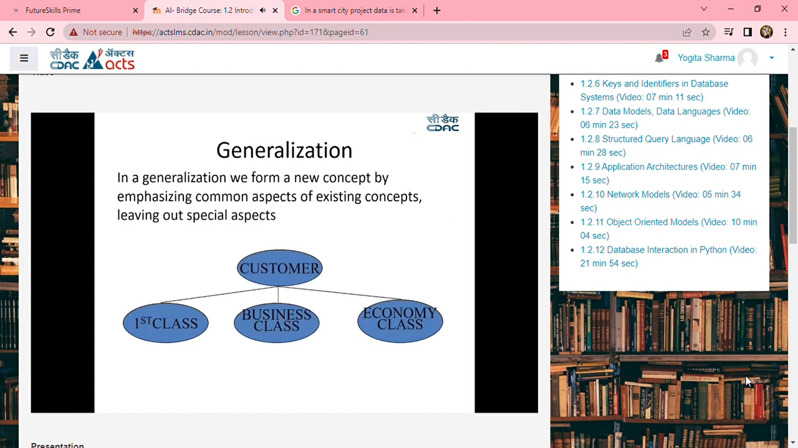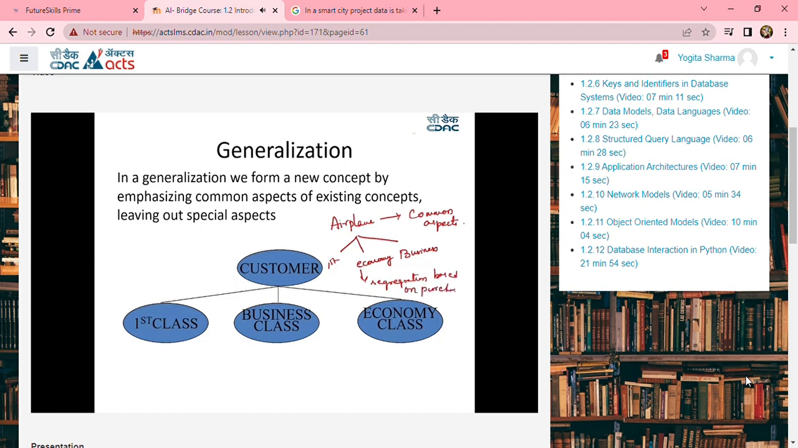Now coming to the generalization. In generalization, we form a new concept by emphasizing common aspects of the existing concepts, leaving out the special concepts. For example, if you just take an airplane, what is this? This is a common concept, right? So this is a common aspect, traveling through an airplane. Now, what are those existing concepts? It's first class or economy or business class. Now, what you are doing here is creating a new concept. What is the new concept? The new concept is nothing but the segregation of the seats based on their